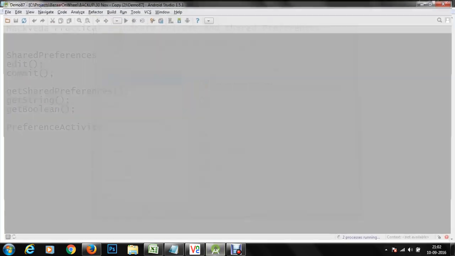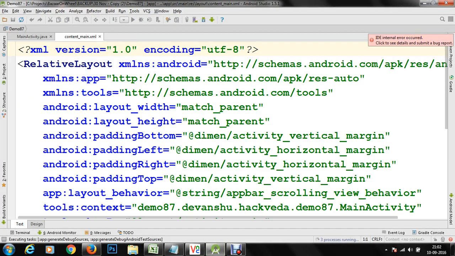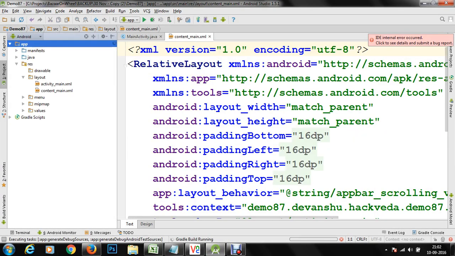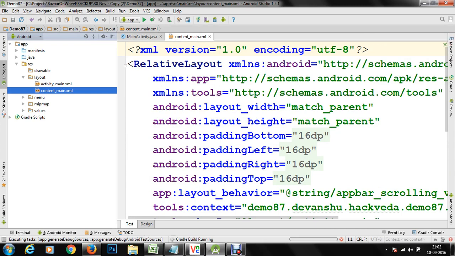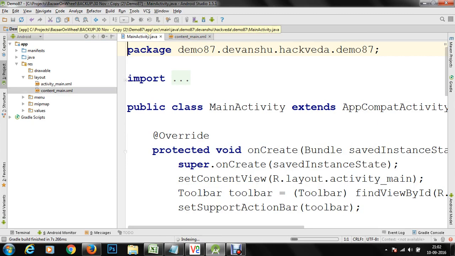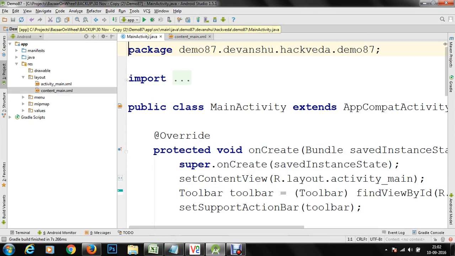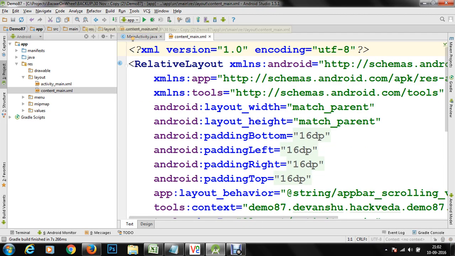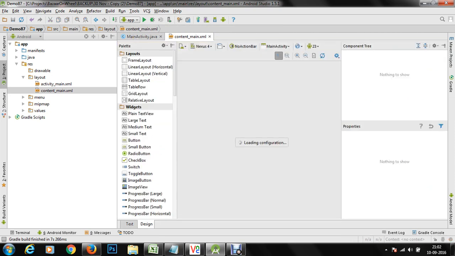First, we are going to understand private and shared preferences. As far as private and shared preferences are concerned, you can simply create private and shared preferences within your activity. So what exactly we'd like to do is create an activity, and using that activity we are going to set the preferences here. So let me go to the content file, and we'll go to the design view.